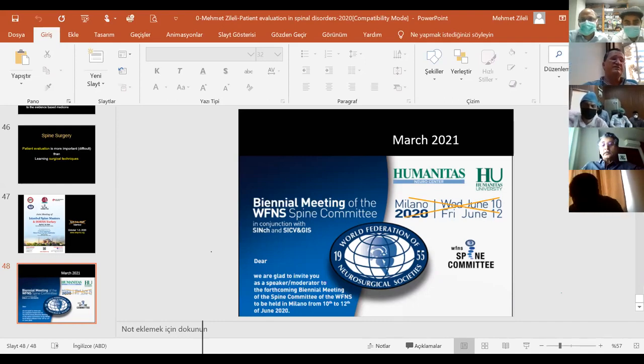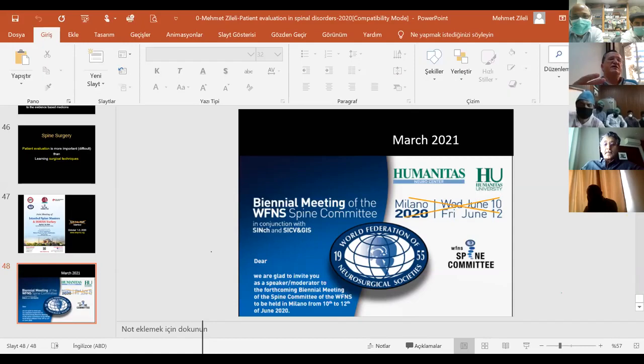If it is a first recurrence, and in this recurrence there is no back pain or history of back pain episodes, I just do a simple discectomy. But if there are severe back pain episodes, if there are Modic changes, if there is some movement in flexion extension films, if the disc height is very high, those patients may be a candidate for a fusion surgery.